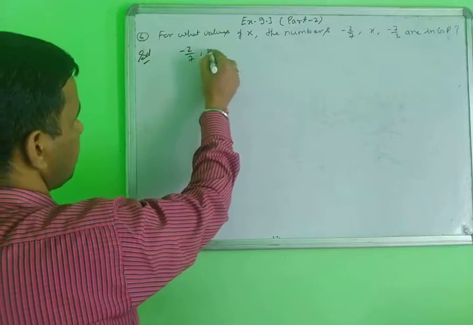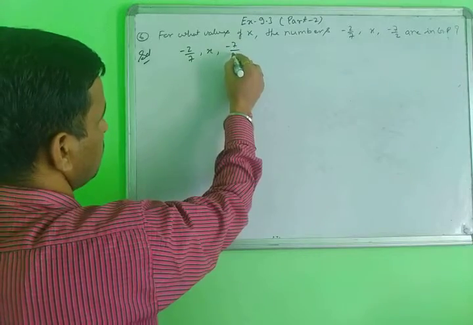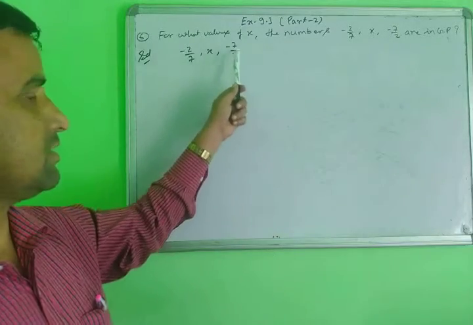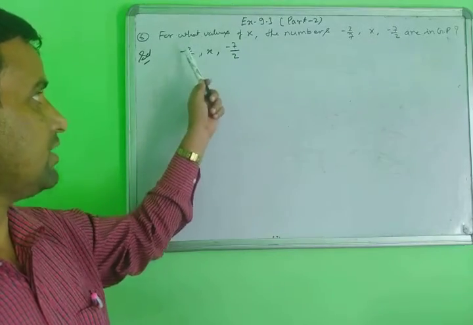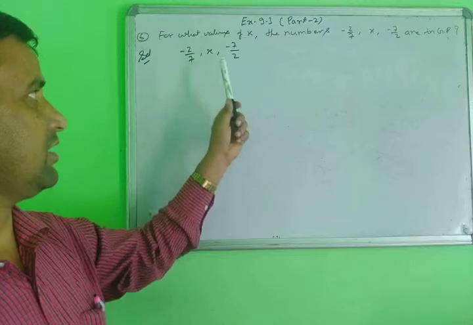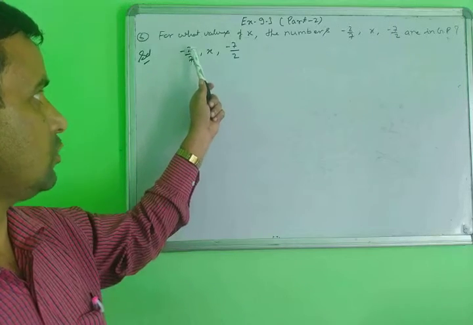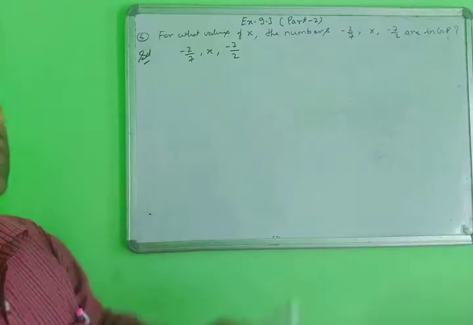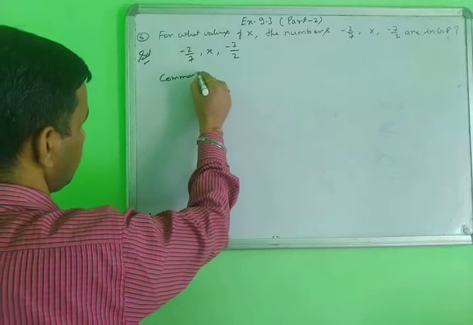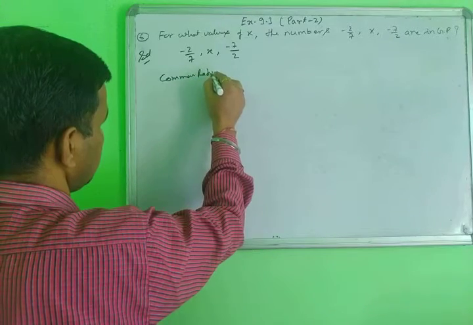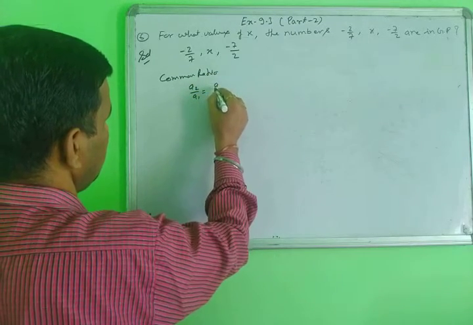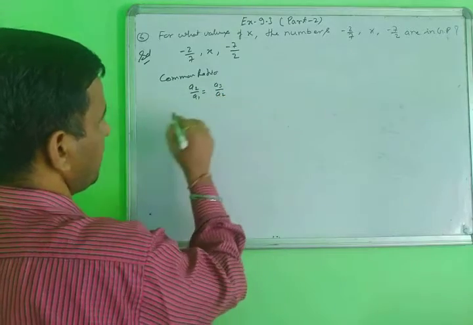Minus 2 upon 7, x, minus 7 upon 2. You know, when three numbers are in GP, how to find the unknown number? Whether it is 3 numbers, 4 numbers, any numbers, you find the common ratio, meaning this divided by this and this divided by this. Property of the common ratio: A2 upon A1 equal to A3 upon A2. According to this way,